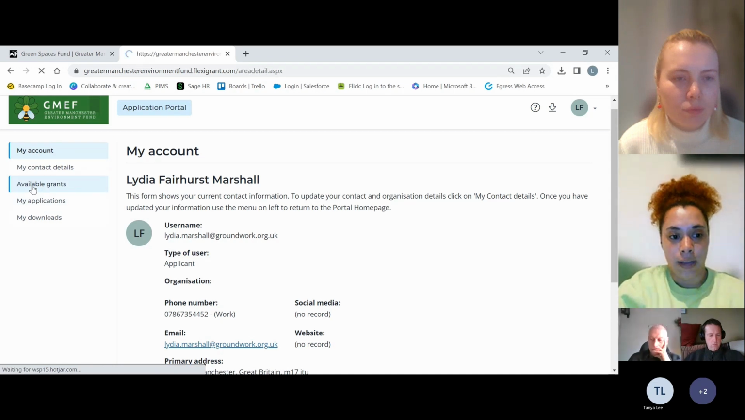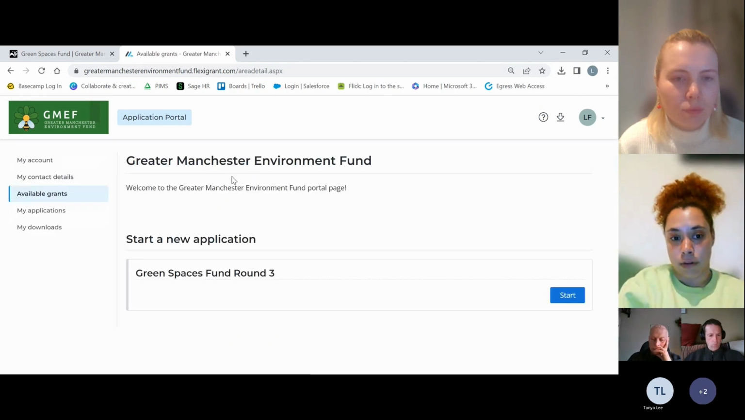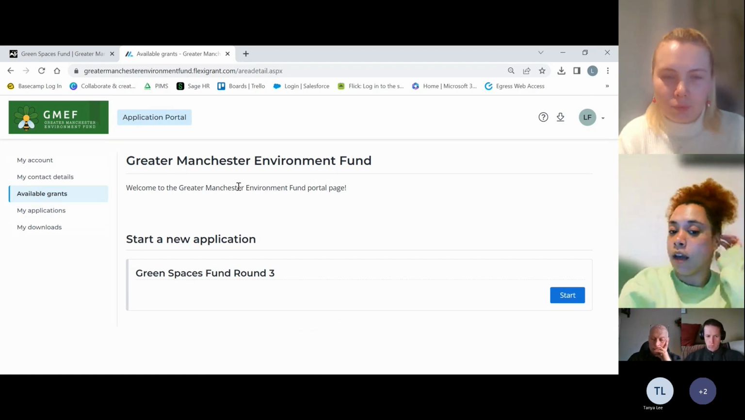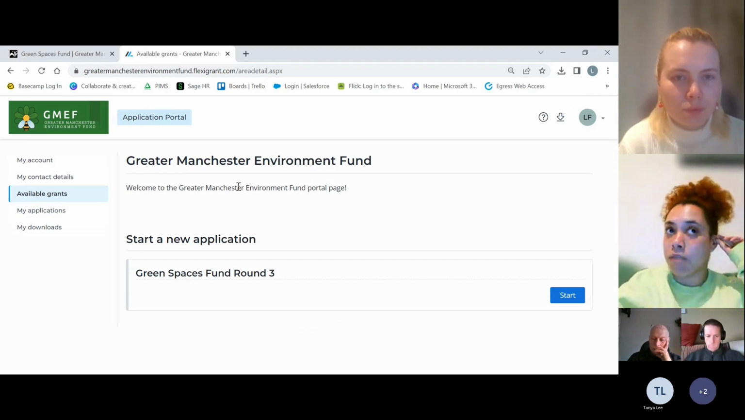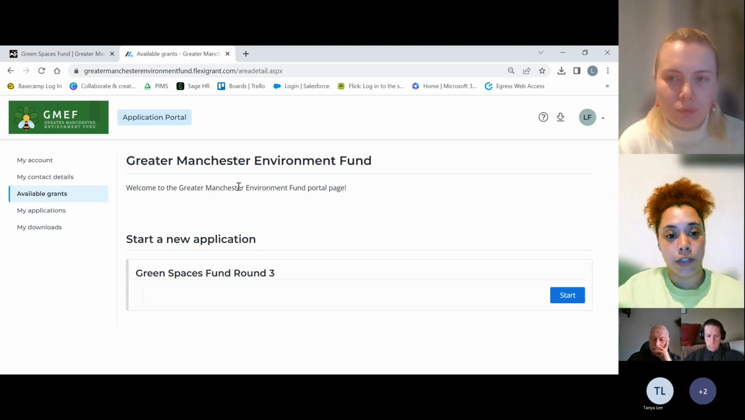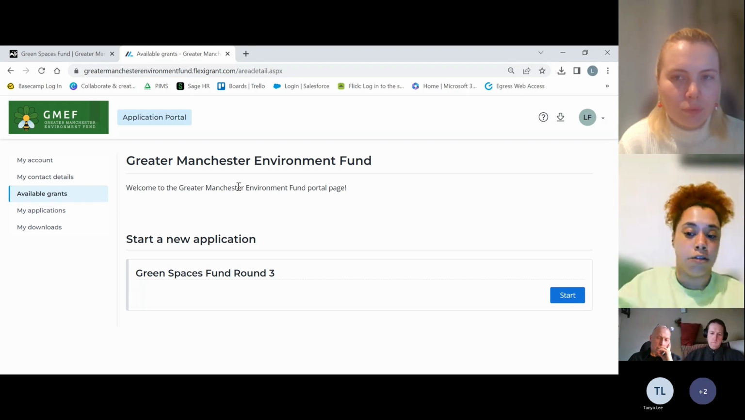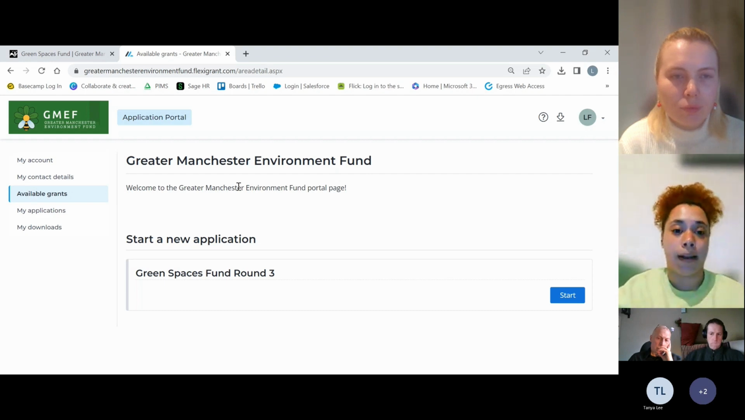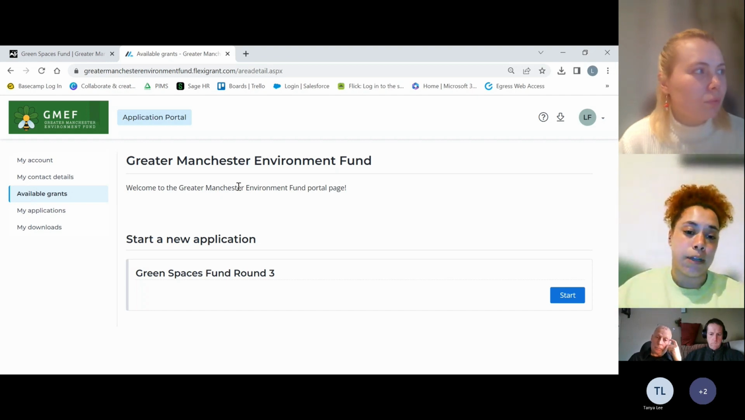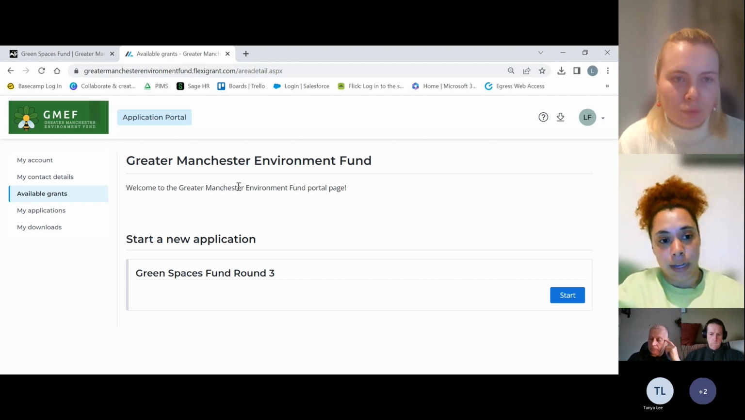So if you go to available grants, you will then be taken to a portal where you will see Green Spaces Fund Round 3 and Recycle for Greater Manchester. They're the two funds that GMEF are currently running. So don't get confused and think you've ended up in the wrong place. They are running parallel to each other at this moment in time. So you're obviously welcome to apply for the Recycle for Greater Manchester Fund, but currently we're just looking at